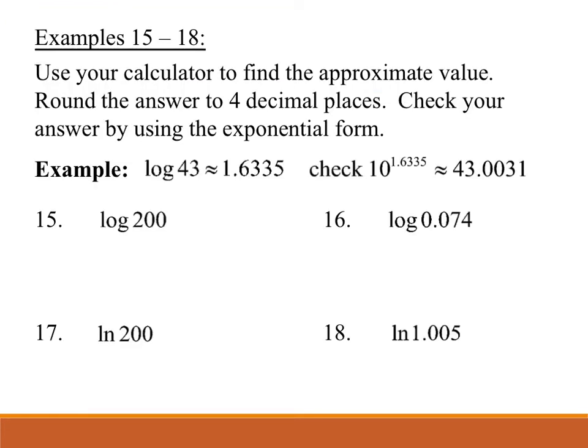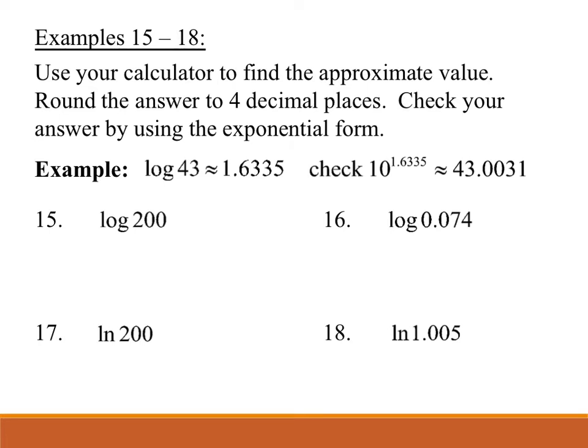So in many cases, we need to use our calculators in order to approximate a value for a logarithm. In this case, examples 15 through 18, we're going to use our calculators rounded to 4 decimal places. And we can also check using the exponential form. In other words, our example is the log of 43 is approximately equal to 1.6335. When we check, we put 10 raised to the 1.6335, which is approximately